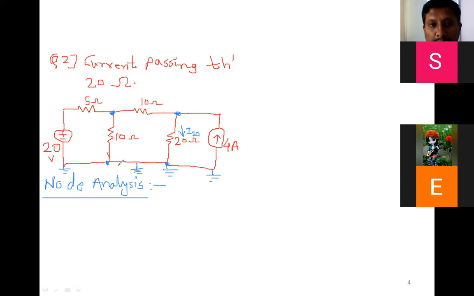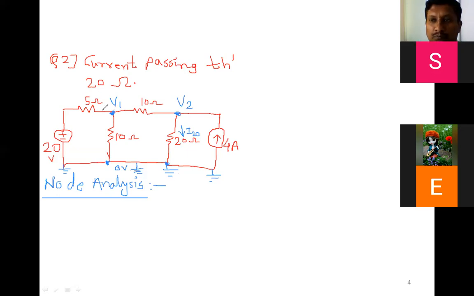Okay. So ground means what? 0 volt. Ground means 0 volt. Now the first step is over. Second step is what? With respect to this ground, assign the node voltage for the remaining principal nodes. So only 2 are there, 1 and 2. We are assigning from left to right. This is V1. For the left side, we take V1 and for the right hand side, V2. You can take them the opposite way, V1 here, V2 there. But generally we follow top to bottom and left to right.